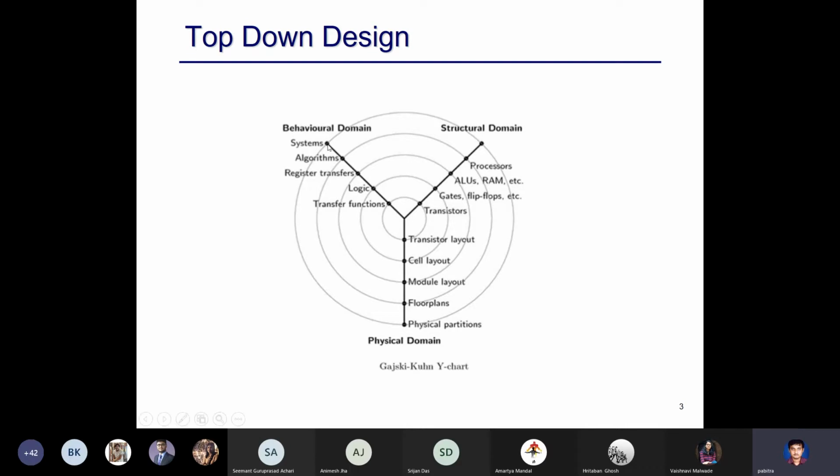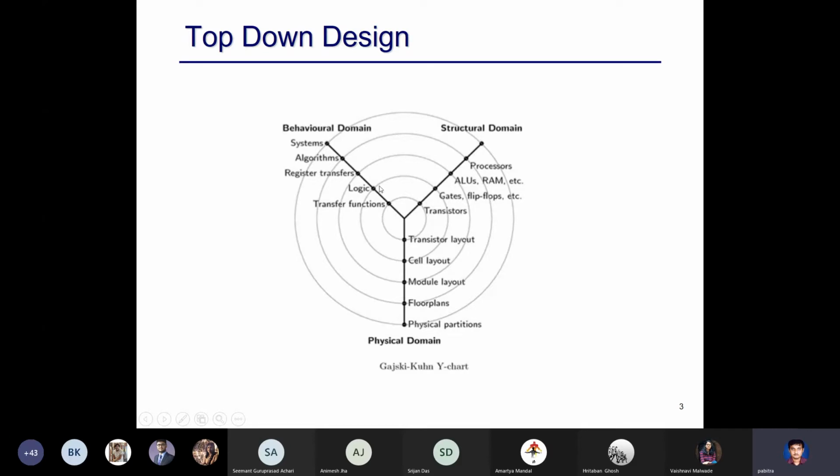If you come down from outward, the outer circles are more abstract levels, whereas the inner circles are more detailed levels. So in the outer circle of the behavioral domain, you have systems. For example, you have a power management block and a communication block in a mobile chip and so on. And then as you go in, you have algorithms. And then there is something called a register.